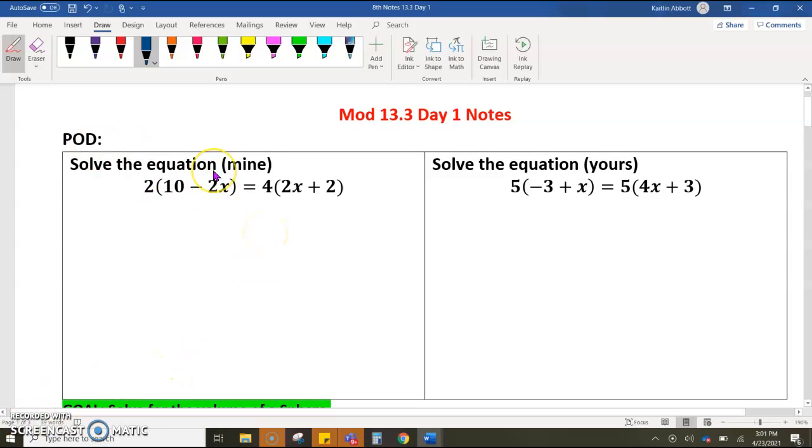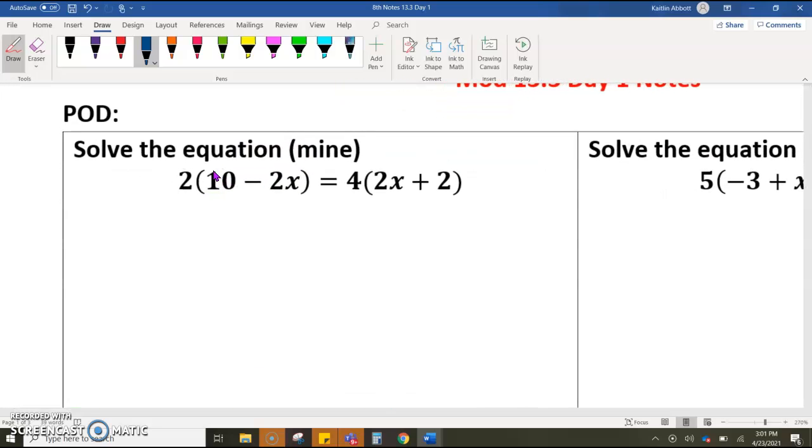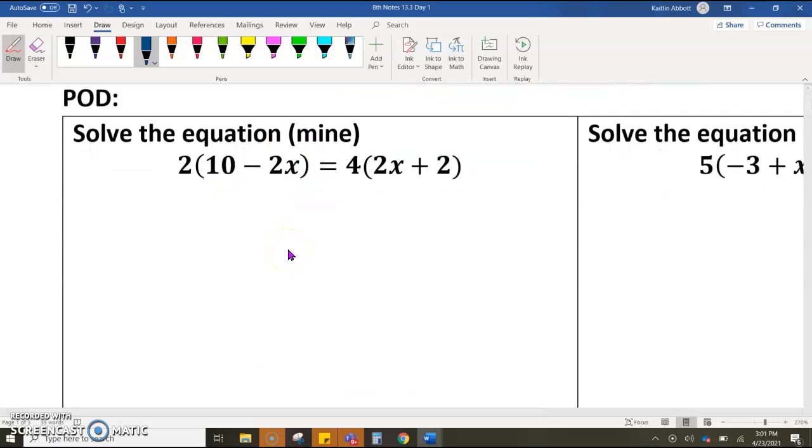Here is the problem of the day. We are focusing again on the distributive property. Remember, when we distribute, we multiply. So we're going to multiply that 2 to the 10 and to that negative 2x. 10 times 2 is 20. 2 times negative 2 gets us negative 4x, because there's an x on there,